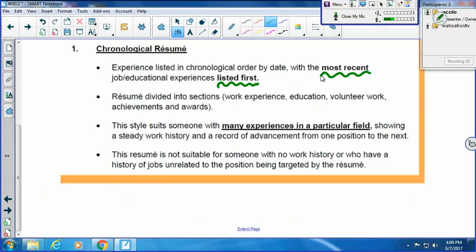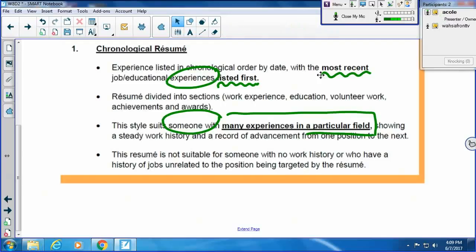So most recent listed first, and we could say most recent experiences listed first if we wanted to be picky. This style suits someone with many experiences in a particular field. So that would fill out the right-hand side of the chart. And you can see that we have some bold text and some underlined text. In your textbook, the information is all there. You just have to find it.